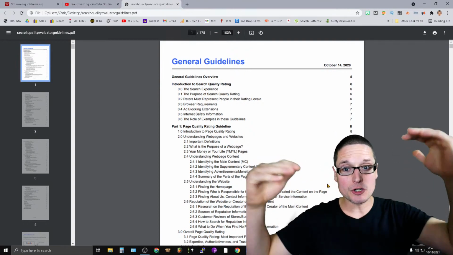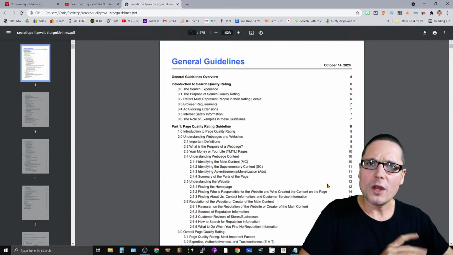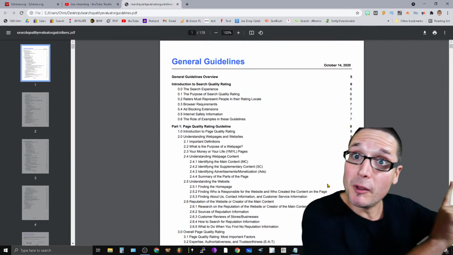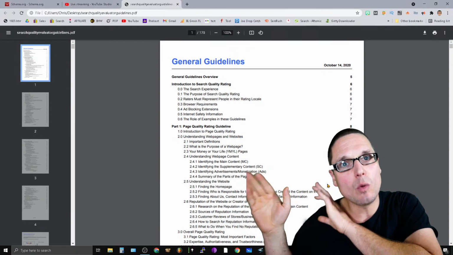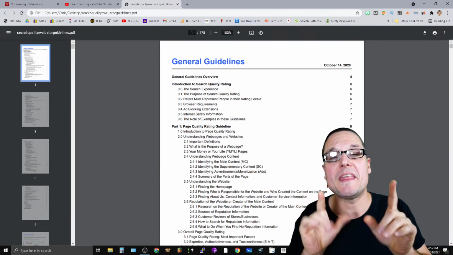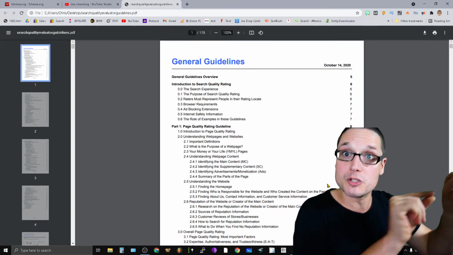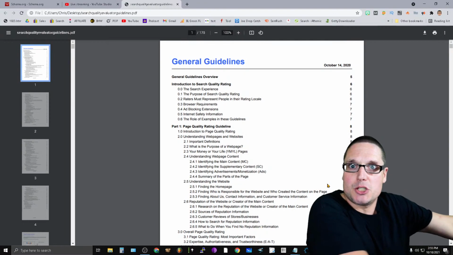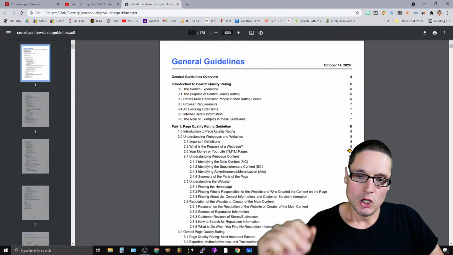You have 175 pages of guidelines. But which ones matter? The ones that matter for you are the ones that your top competitors have. You can get them all, or you can get the ones that are mattering for your SERP. That's what I recommend. Optimization: the least amount of work for the most amount of result. So that's what I highly recommend doing, and that's exactly what we're going to do.